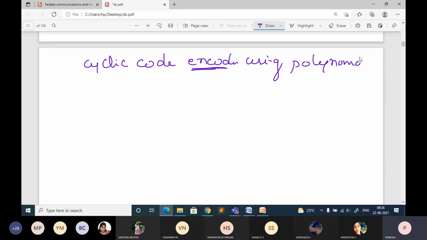Okay, so let me start. I want everybody to note down important things as I explain with respect to CRC, that is cyclic code encoder using polynomial. Very, very important. In the exam, either they may ask with respect to binary or they will specify directly to use the polynomial method. I'm just talking about the encoder, that means the sender side. The same operation takes place at the receiver side. So now how to start?